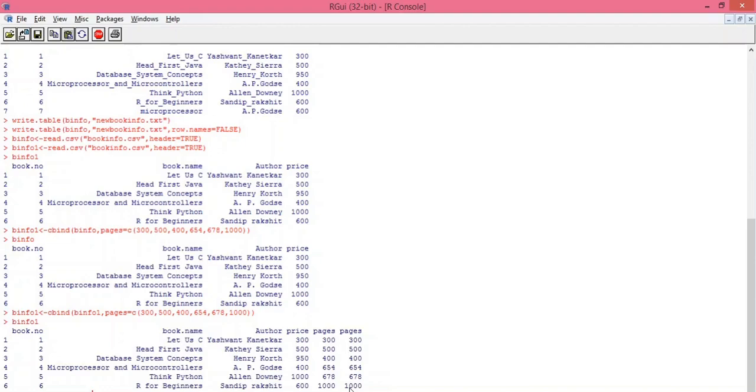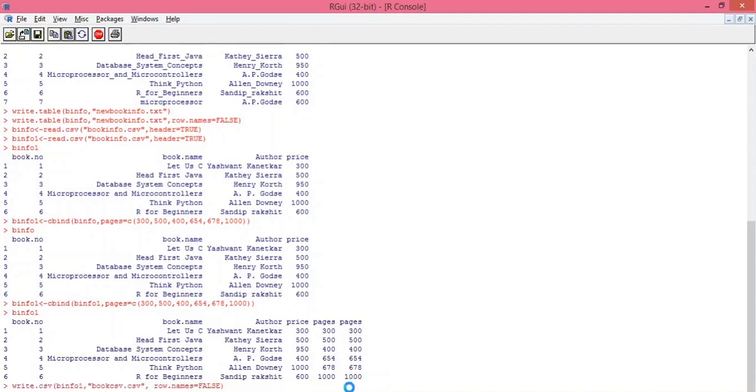Here I'm giving the name bookCSV.csv. And here I don't want row names, so the row.names parameter is false. Command is executed. Now let's verify the result.